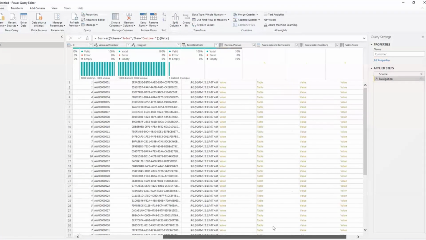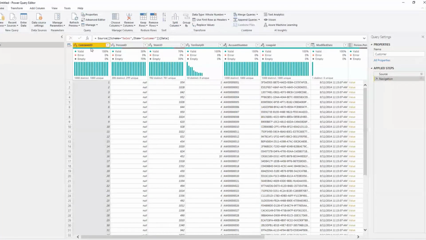What I'll be doing is using the merge queries option, right? In Power BI, merging basically means joining two or multiple tables. Actually, you can do only two at once, but you can join step by step into multiple tables if required. So let's merge these two, basically join these two and get the required details into the customer dimension.